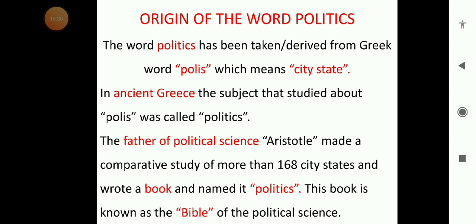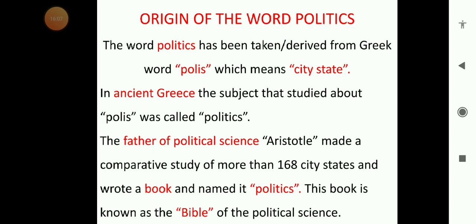If we talk about the word politics, it has been taken from the Greek word polis. Polis means city state. In ancient Greece, there were small city states. They were independent and sovereign states, like we had in the past. For example, at the time of independence, there were more than 550 or 600 if we talk of Pakistan, including Pakistan, princely states. So like those states, those were quite small states.